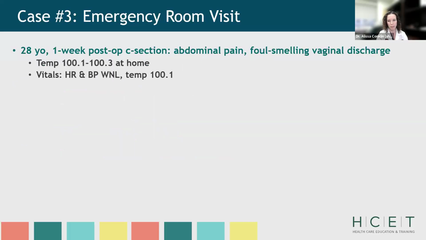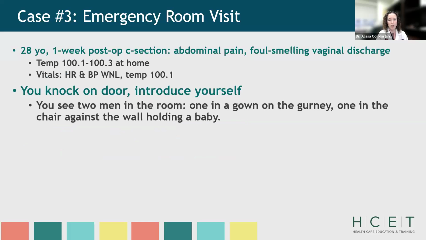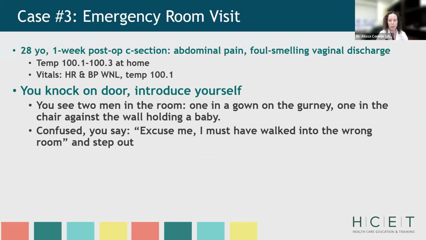So you have the history here. You knock on the door, you introduce yourself, and you walk in. Then you see 2 men in the room. One appears to be the patient in a gown and on the gurney, and the other support person in a chair against the wall holding a baby. You're confused because you thought you walked into the correct room, but the patient you were trying to see had a C-section a week ago, and this room has only men in it, so you feel you must have made a mistake on the room number, and you say, "Excuse me, I must have walked into the wrong room,"